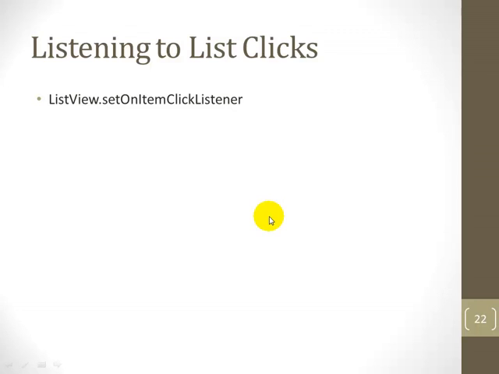If you want to listen to items getting selected, you just take the list view and you call set on item click listener. It's very much like the on click listener for a button. It'll tell you the row that was selected and the ID for the item in that row. So that's where that method that said get ID for the row, that's where that guy's used. This is really useful if you're doing something like using what's called a cursor adapter, which if you're doing database access using SQL